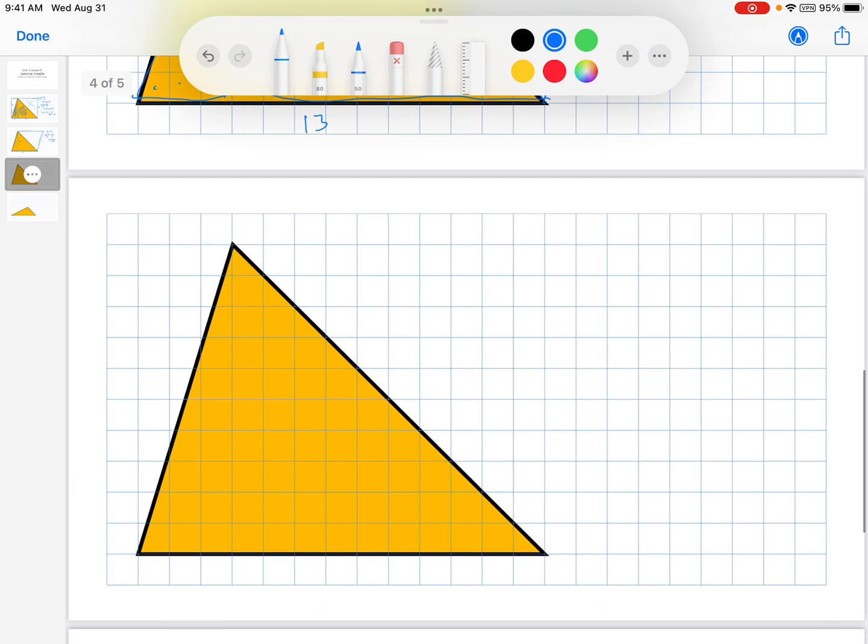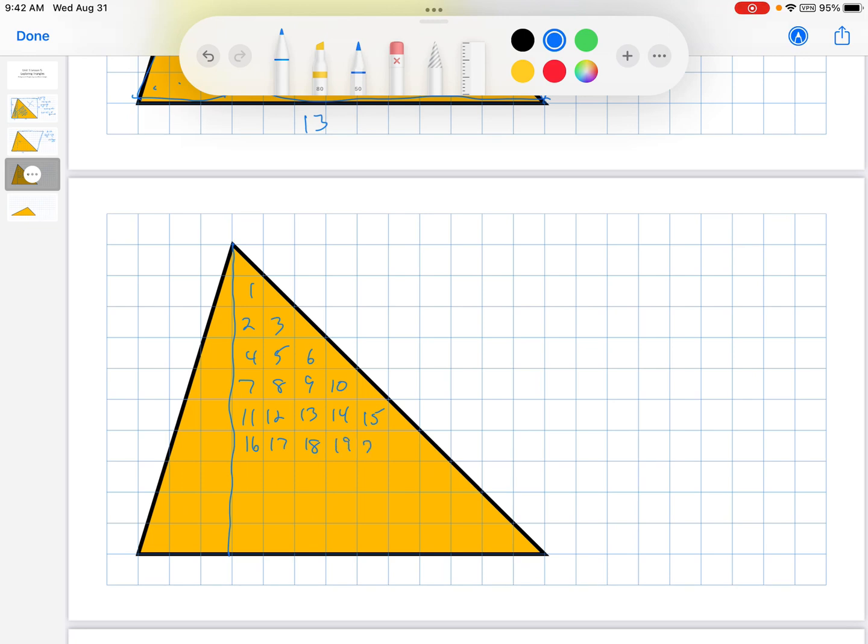Third method, okay. Here, I'm going to count all the squares. I'm actually going to start by drawing that line segment again. I'm going to count all the squares inside. So I'm going to do 1, 2, 3, 4, 5, 6, 7, 8, 9, 10, 11, 12, 13, 14, 15,